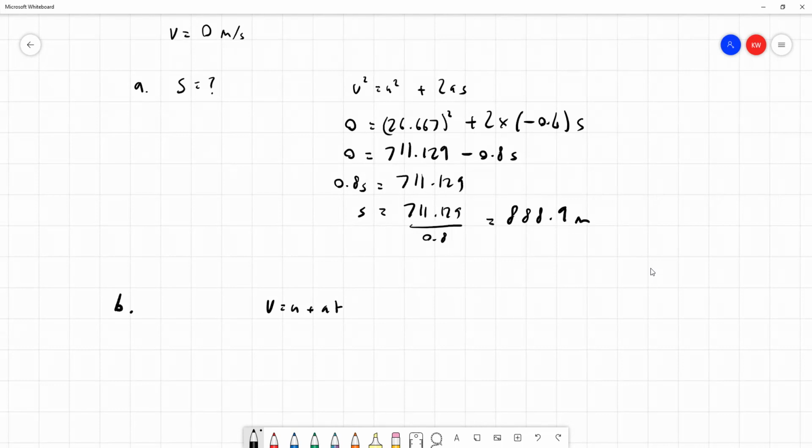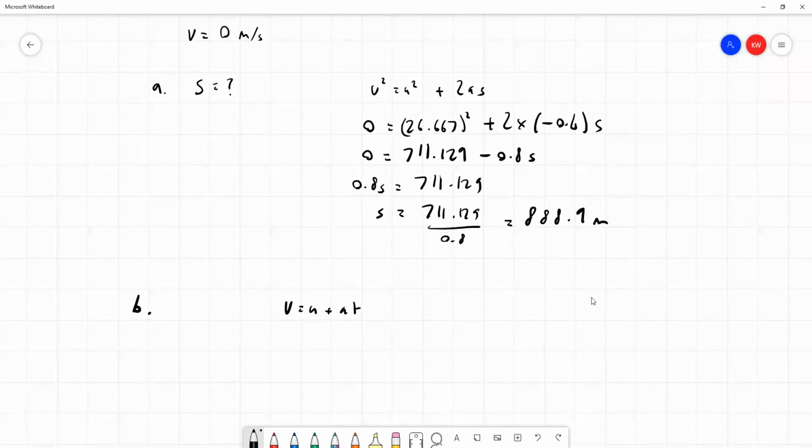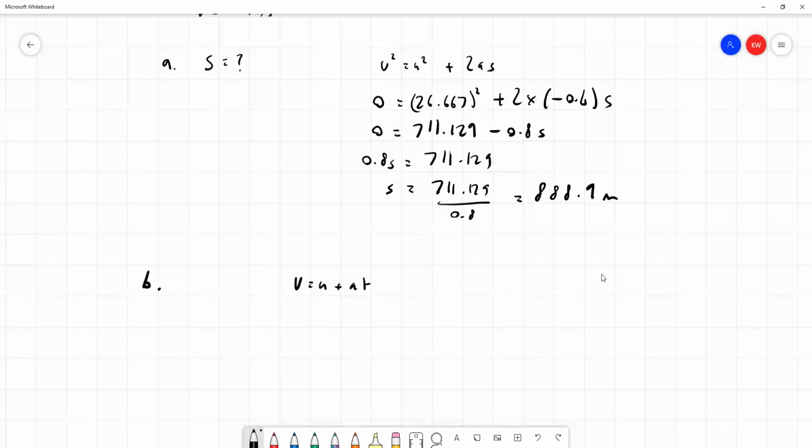S equals UT plus a half AT squared would be a bit of extra work since T appears in two places in that formula, but it would still work out in the end. But let's not give ourselves that extra job to do. So we can again take the values from what we're given in the question. So we have V is 0, U is